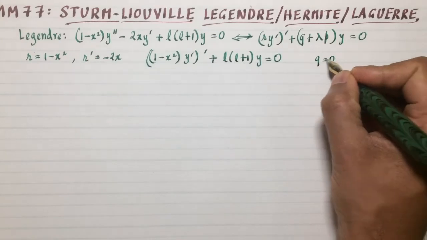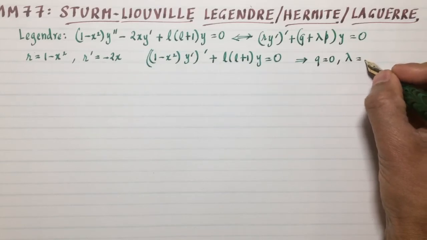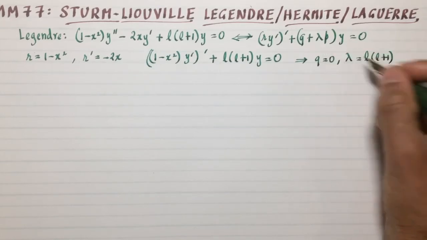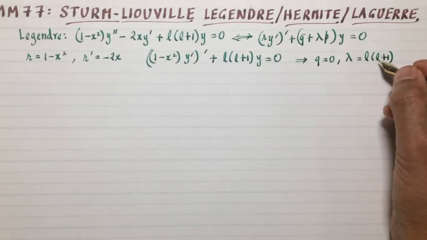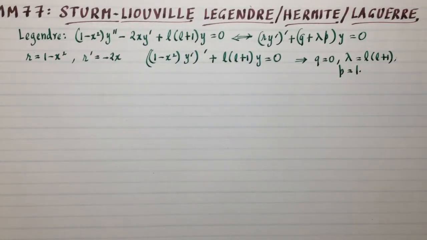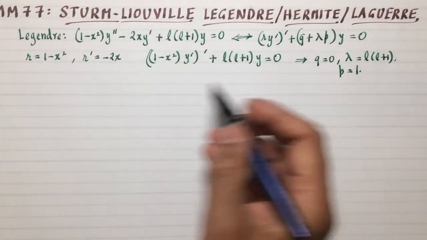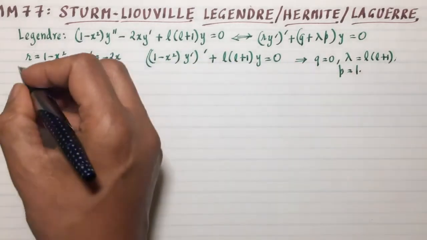If we take q to be 0, then lambda is automatically equal to L times (L plus 1), because that's the only thing that can stand in for an eigenvalue. And in fact, you have the different order Legendre polynomials that correspond to the different eigenvalues, which means the weight function p has to be automatically set equal to unity. So we have all our eggs fall in the basket, and so we can immediately write the Sturm-Liouville theorem. So the solutions of this particular differential equation with lambda equals L times (L plus 1)